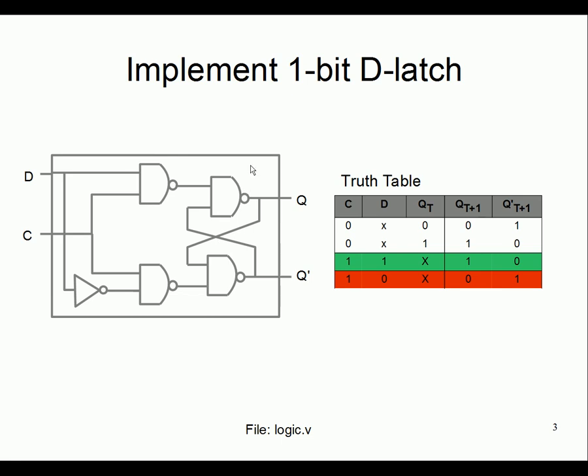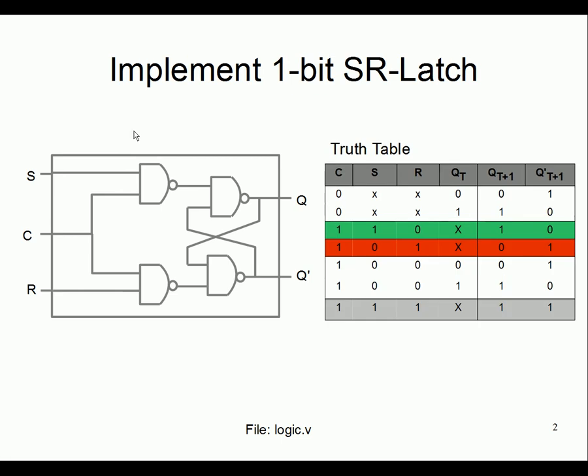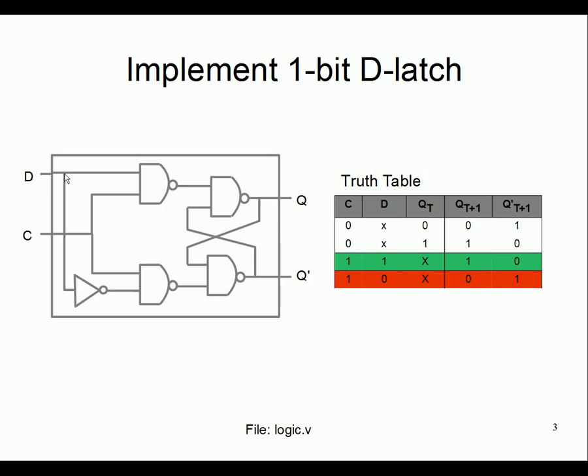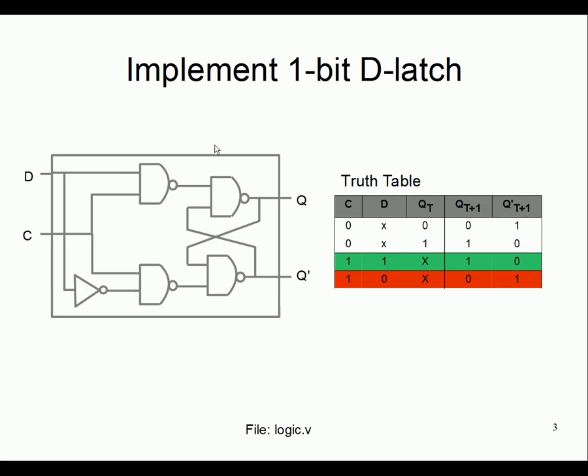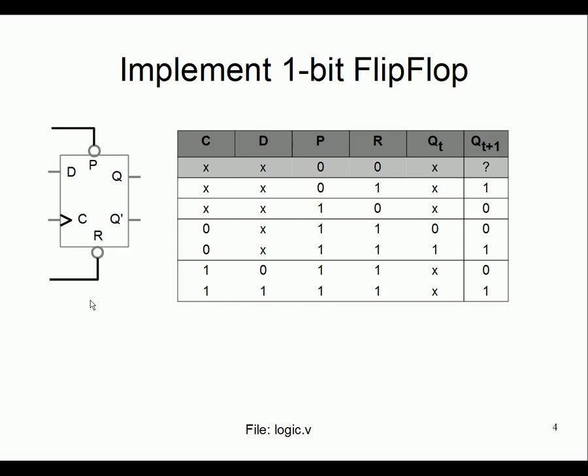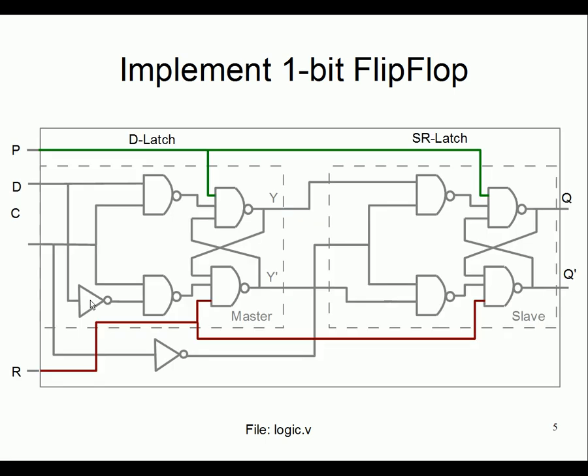So D-latch, you can actually reuse this module, instantiate that, and just connect an inverter between S and R and name that S as D. So that will do your D-latch, or you can actually take this guy. Don't reuse, you may not want to use the SL latch, but try this one, okay, directly with the 4 NAND and 1 inverter.